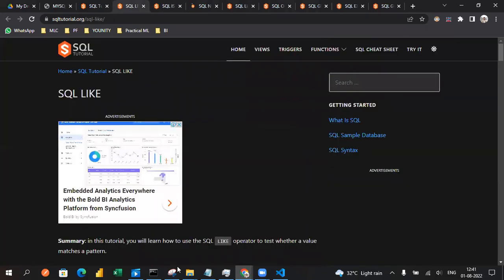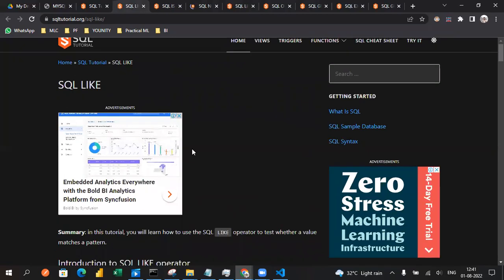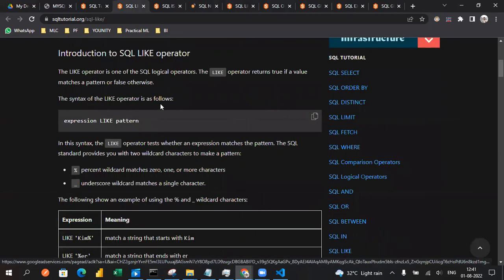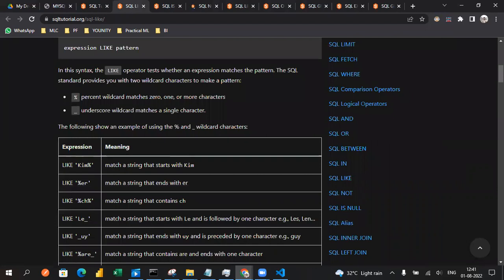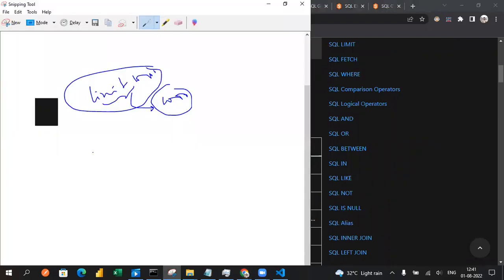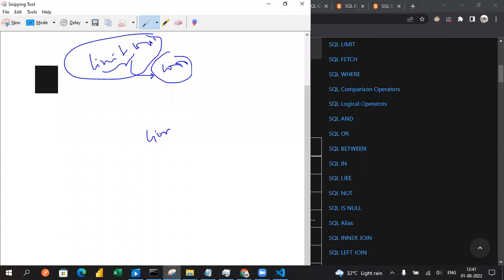Let's also see the NOT operator, the IS NULL operator, and LIKE, which is also one of the good basic operators, or basic clauses, you can say. This is very helpful whenever you need to retrieve similar kinds of information in column values. So we have different column values, such as a name called lion. So lion is a value corresponding to one column. I need some information with respect to lion. So at that time I will use